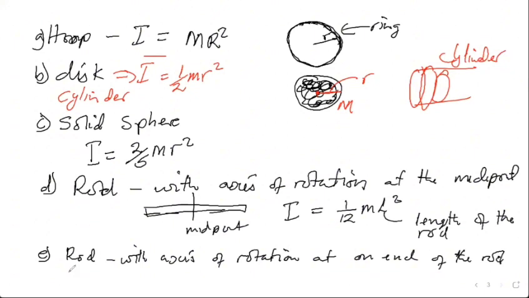So let's have the axis of rotation at one end. This is a rod like the one above, except that